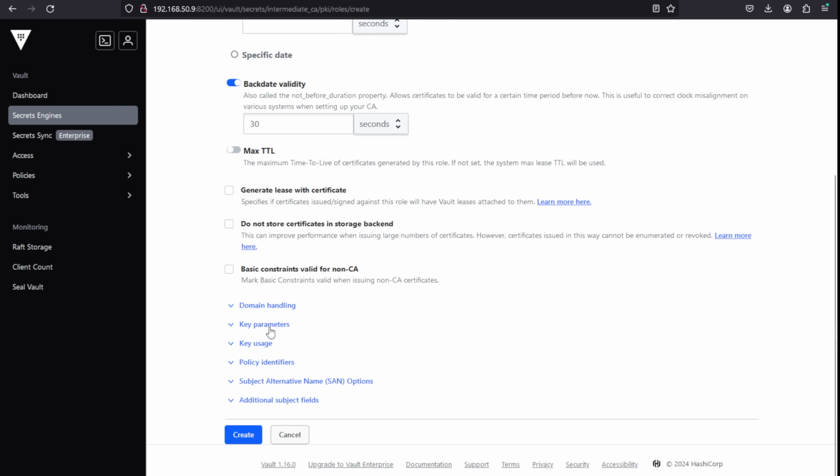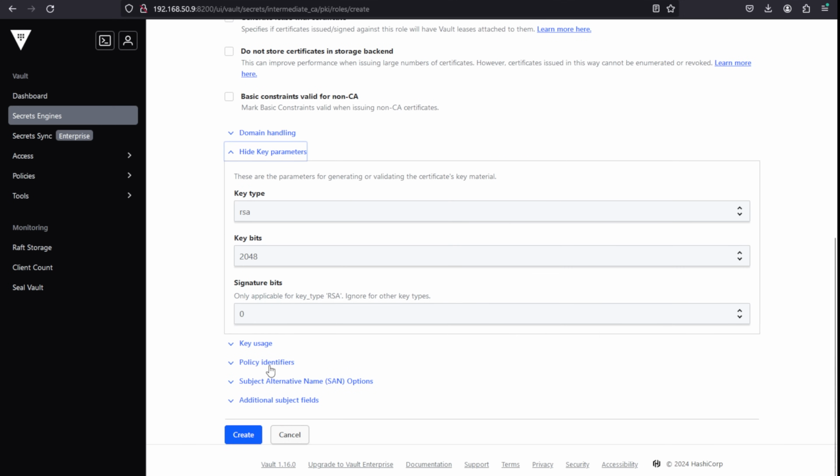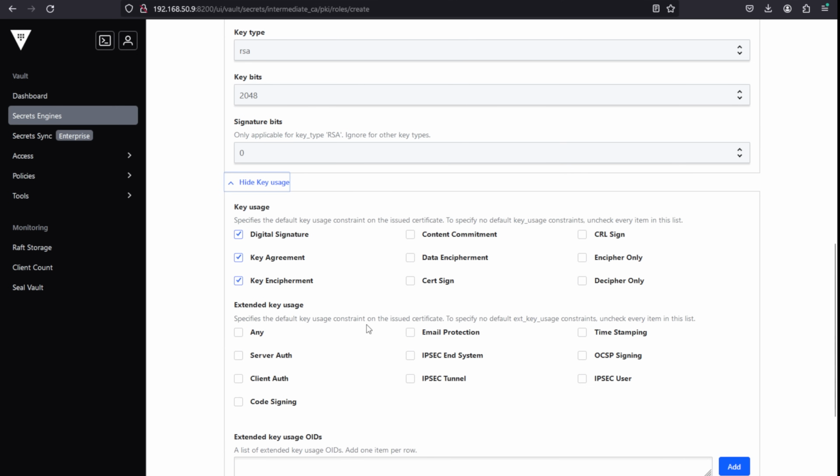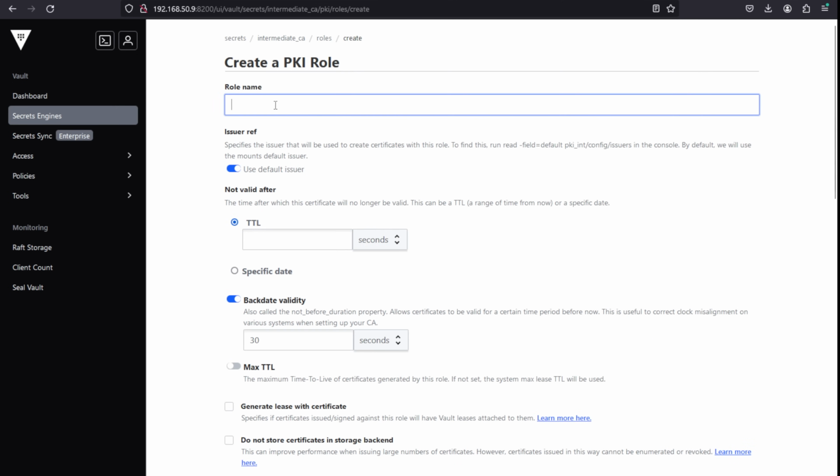And we will set a bunch of permissions, such as what can this key be used for? What kind of certificates can we generate with this role? So I'm just going to call it issue Homelab certs. Now, before we configure anything else, we are going to go to the top left here, this little